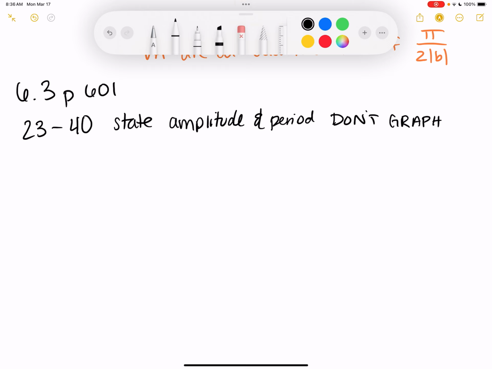These ones aren't going anywhere other than just having an amplitude and period. So even though the instructions say to graph, we are not graphing these ones. So let's see. Let's start out with